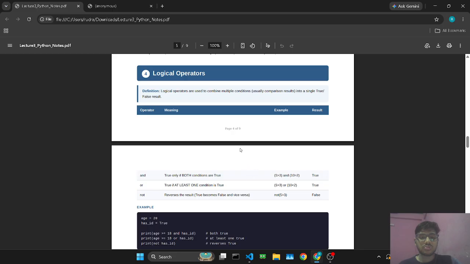Here logical operators are used to check the condition on statements. For example, if there are two statements, 5 is greater than 3 and 10 is greater than 2, and is used between them, so both parts should be true. That's why and is used and it will result in true. If one of them is wrong, like 5 is greater than 3 and 10 is less than 2, then the